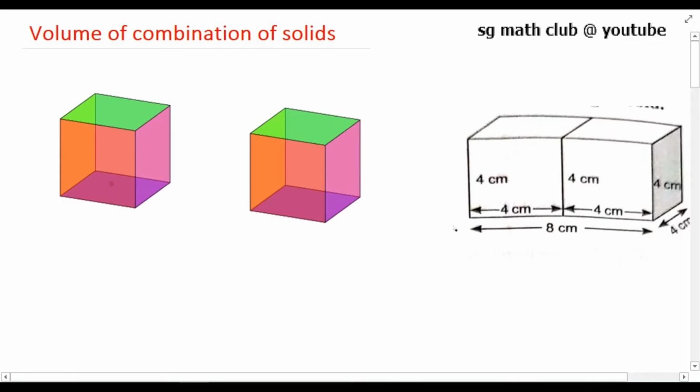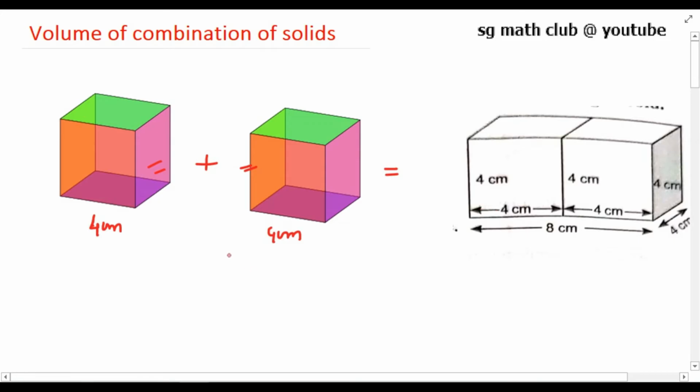For example, if you take two cubes, each of side 4 centimeter, and join these two cubes, we get a cuboid. So the length of the cuboid has increased; it is 8 centimeter. Breadth and height remain the same. So when you join two cubes, you get a cuboid. And the total surface area of this cuboid is not the total surface area of the first cube plus the total surface area of the second cube. We have not done it like that because this surface has disappeared when you joined the two cubes and we got a new shape, that is a cuboid.